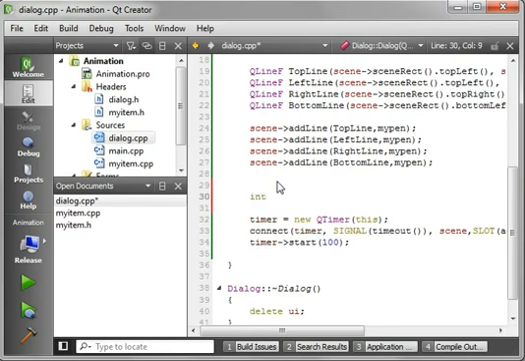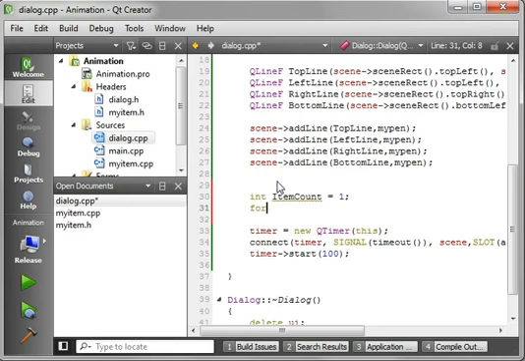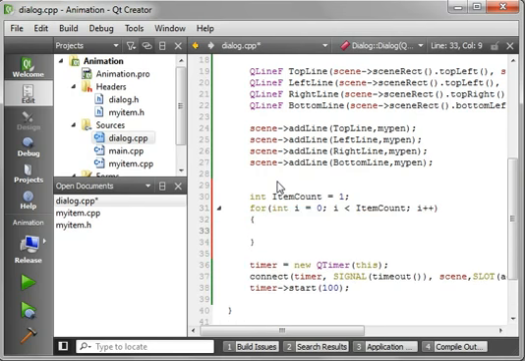And then we're going to just say int, and we will just call this item count equal, and we're just going to add one item just for the sake of argument. But then we're going to say for int i equals 0, i is less than item count, and i plus plus, because what we're going to plan on doing is adding a bunch of items, but we want to be able to change that kind of on the fly here. So we'll say my item